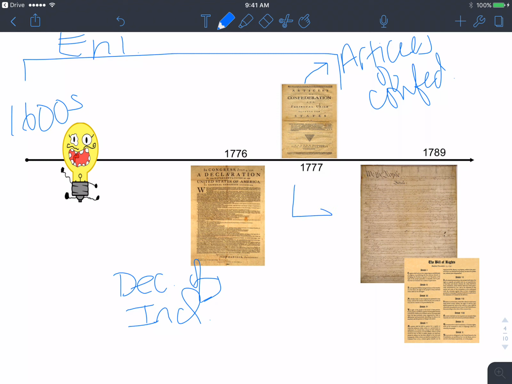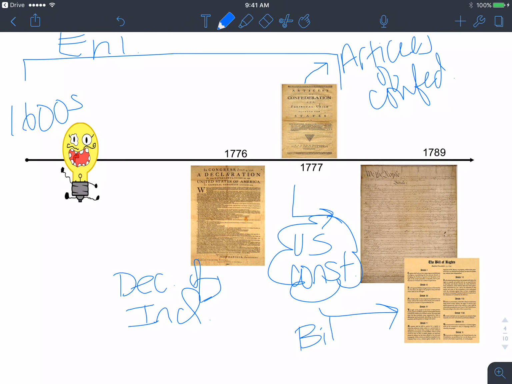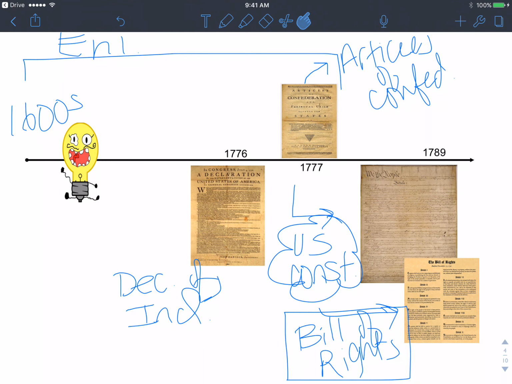And then we have to move towards setting up a new U.S. Constitution. And this we still use today, where we have different branches of government. We have different powers between the President, Congress, Supreme Court. So we have separation of powers. And where the Enlightenment really has much of its influence is over here in the first 10 amendments of the Constitution, the Bill of Rights. And what this does is guarantee our specific freedoms as citizens of America.